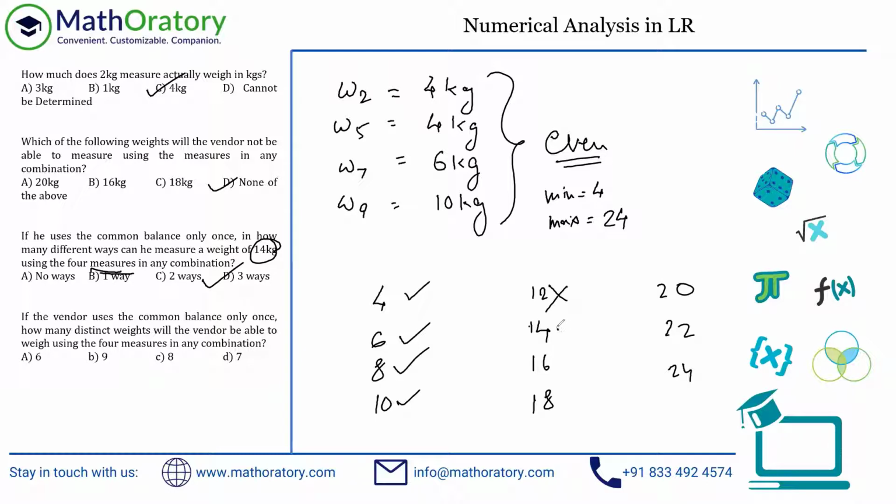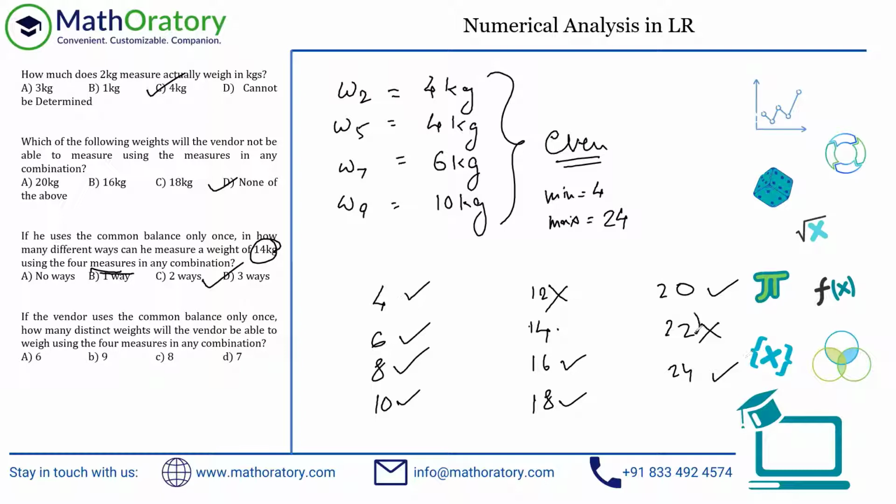14 can be done. Oh, by the way, if you remember the second question, this 20, 16, and 18 is something we already worked out, right? Why rework on that? So 16, 18, and 20 were anyhow possible. Just these three numbers are what we ponder on. 22 kilo, I can ignore straight away. See, 24 is possible, right? Because that is the maximum any which way, all the weights used.